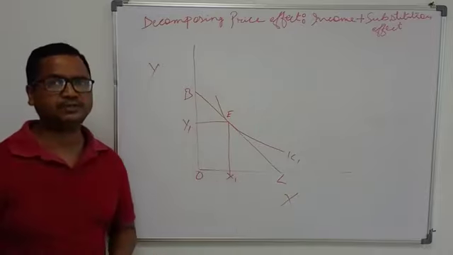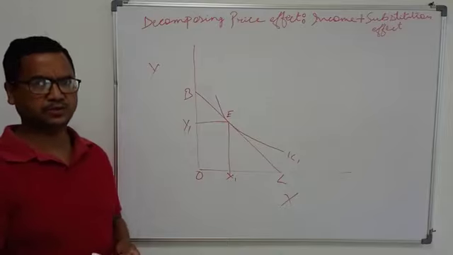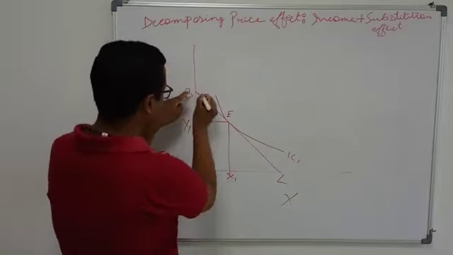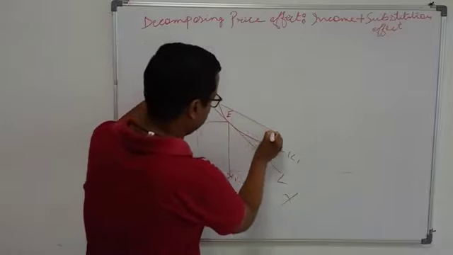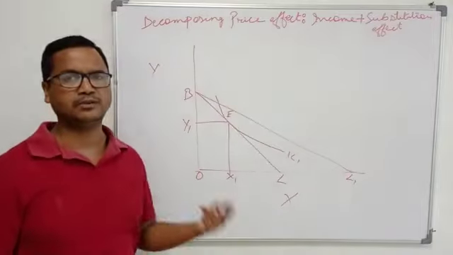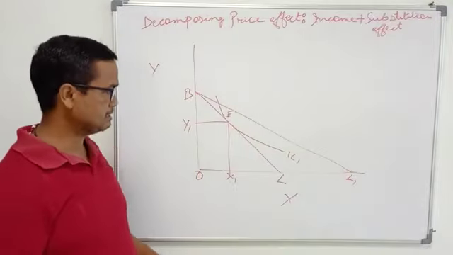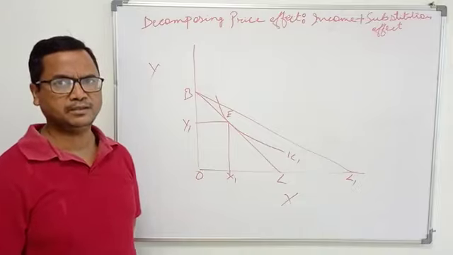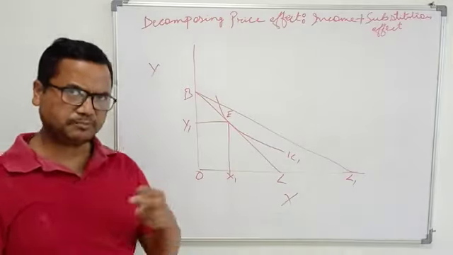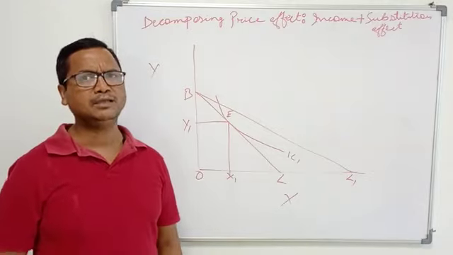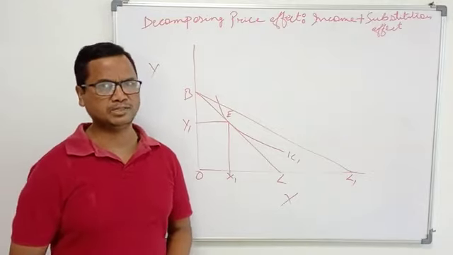Now let us assume that the price of X has reduced. In that case our budget line will shift from BL to a new budget line. Due to the fall in the price of X, the budget line has shifted from BL to BL1. Since with the fall in the price of X commodity the purchasing power of the consumer will increase,